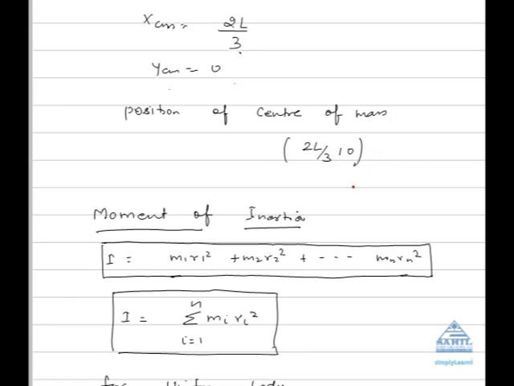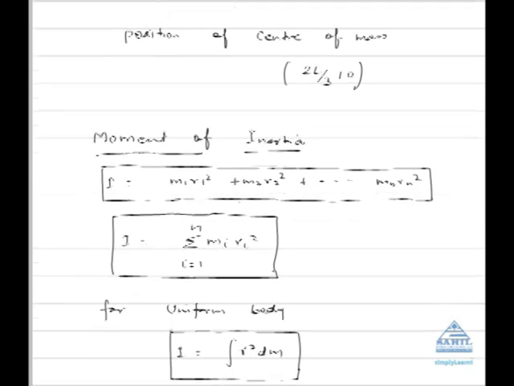Now the another quantity which is called moment of inertia, which is given by I is equal to m1 r1 squared plus m2 r2 squared plus